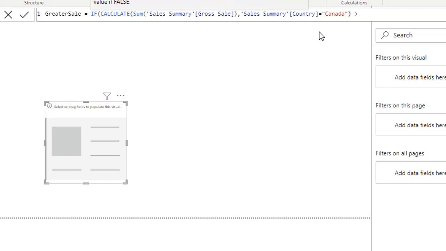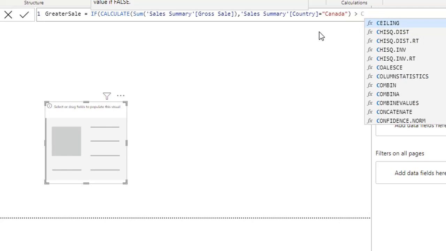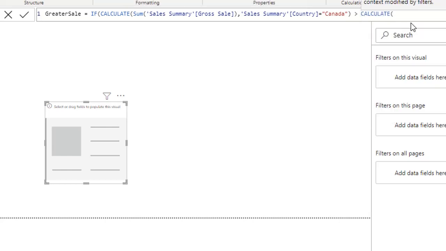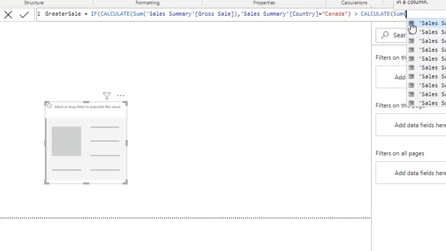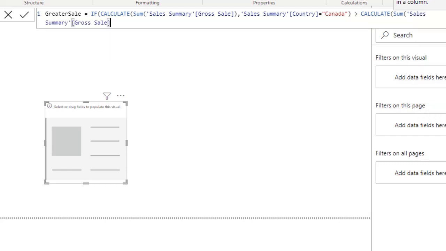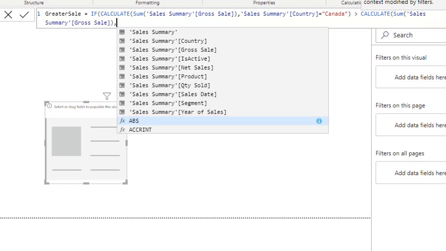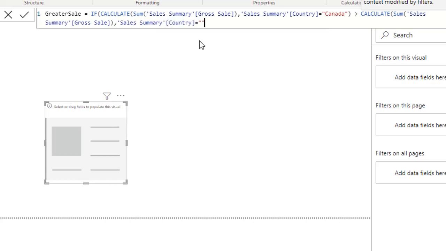Now greater than, again CALCULATE, SUM gross sales, then filter country equal to Germany. Then comma,